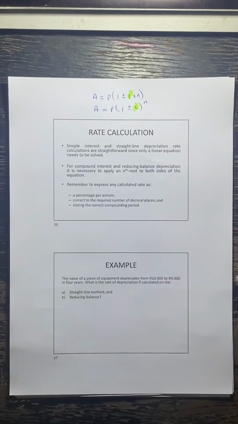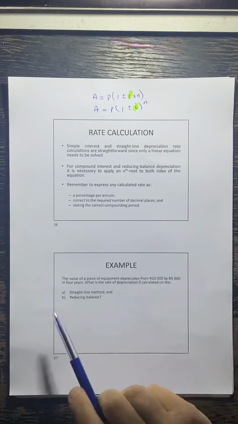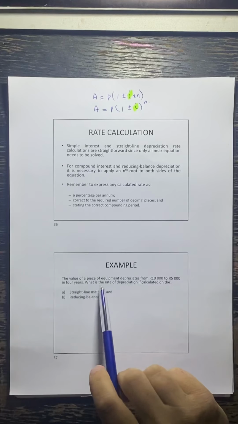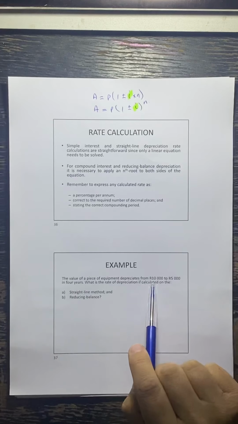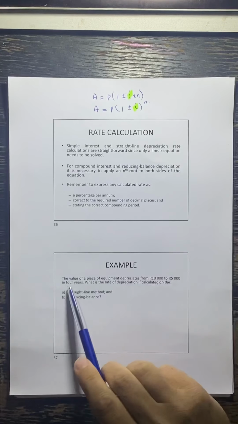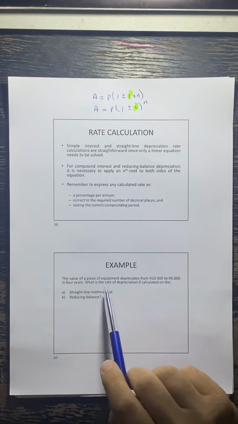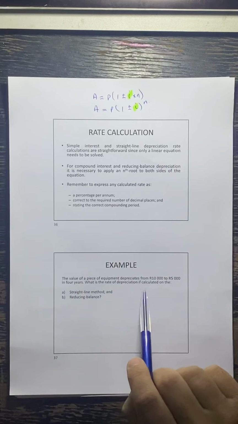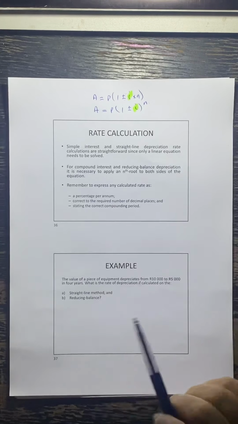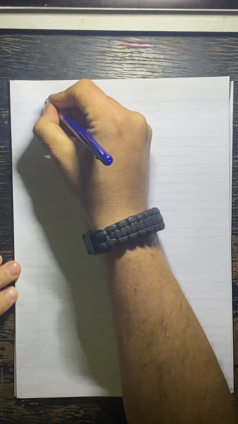All right, so if we look at example 1, they're saying here, the value of a piece of equipment depreciates from 10,000 Rand to 5,000 Rand in 4 years. What is the rate of depreciation if calculated on the straight line method? So let's have a look how we would do that. So example 1,